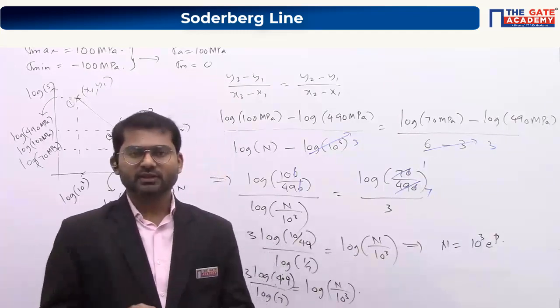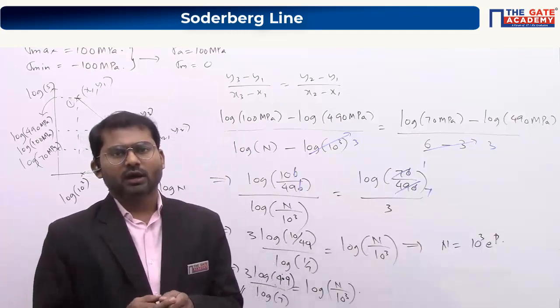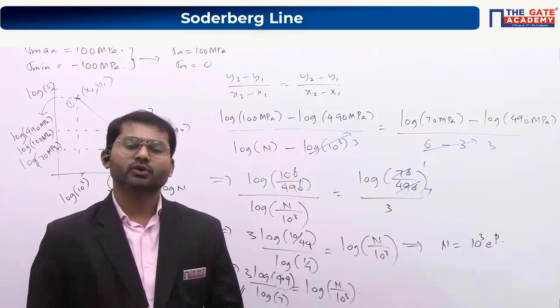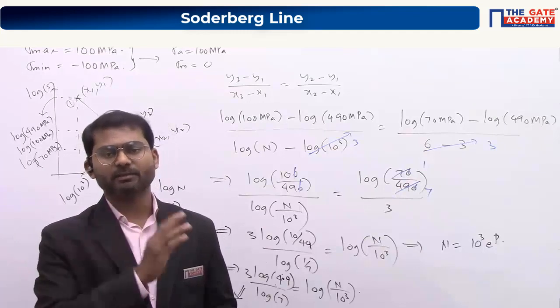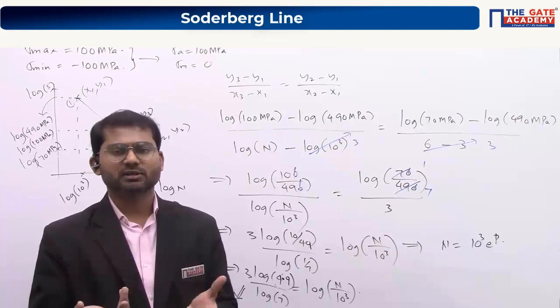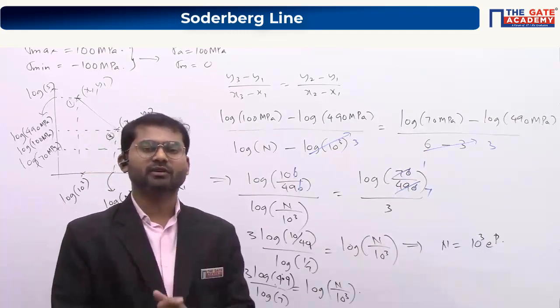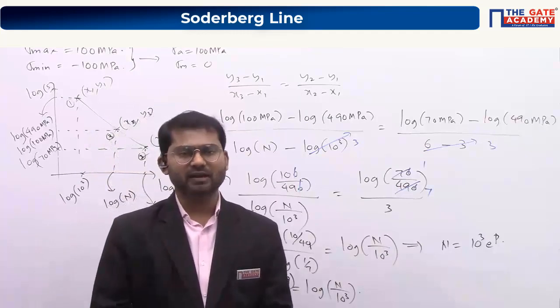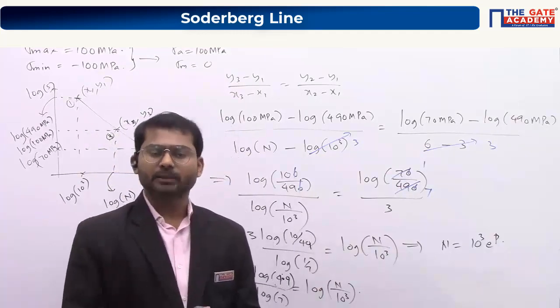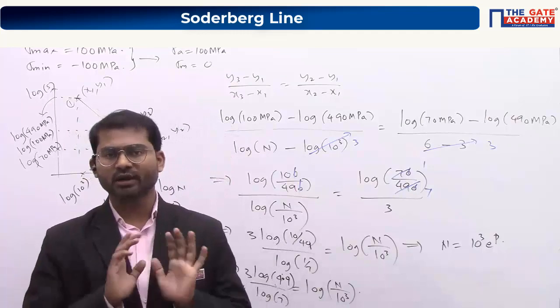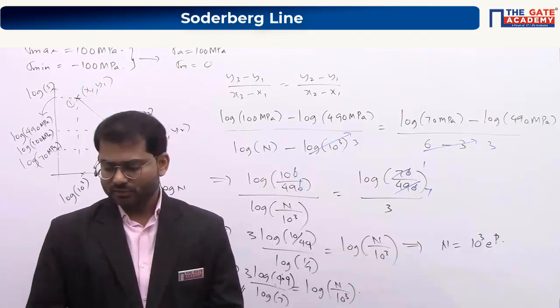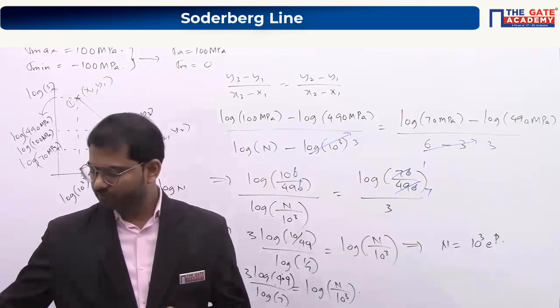Now we are going with the next one, that is fluctuating stresses. The procedure we use for fluctuating stresses is valid for repeated stresses as well, because there is very little difference. In fluctuating stresses, you will have sigma minimum as non-zero. In repeated stresses, sigma minimum is equal to 0. That's the only difference here. Okay, so let's look into this. Kindly put the title, everyone.